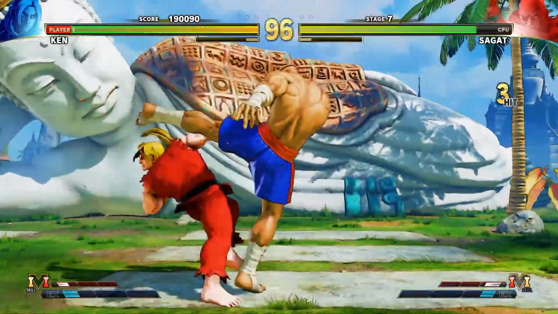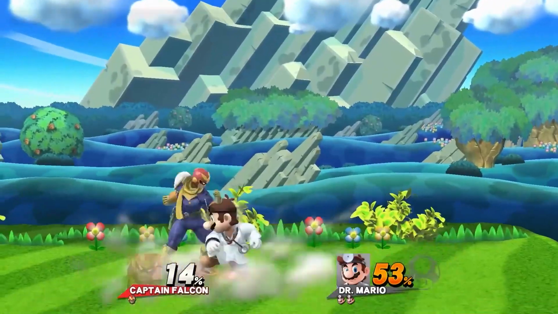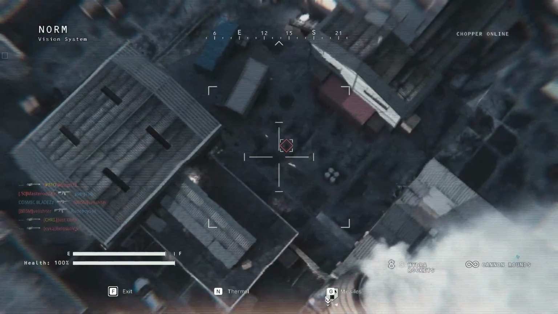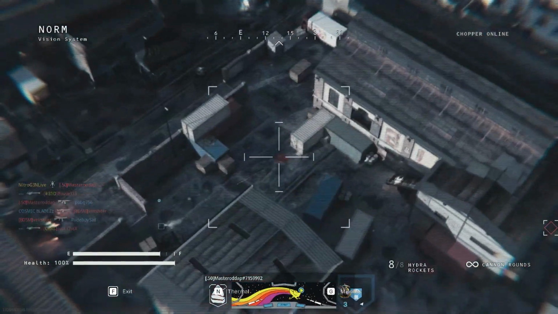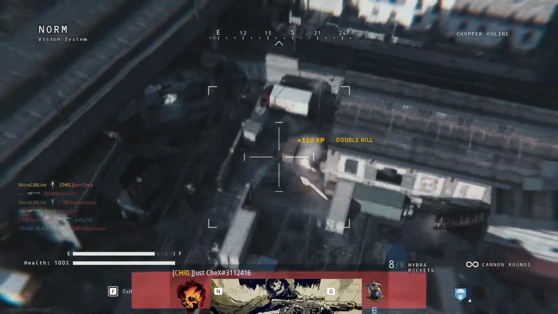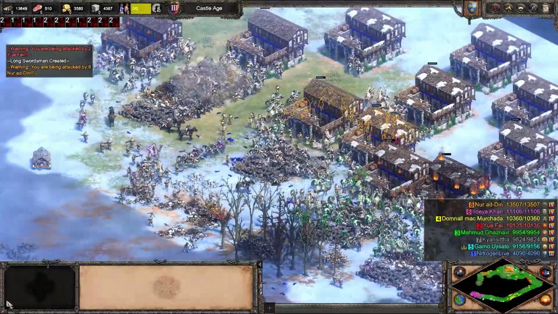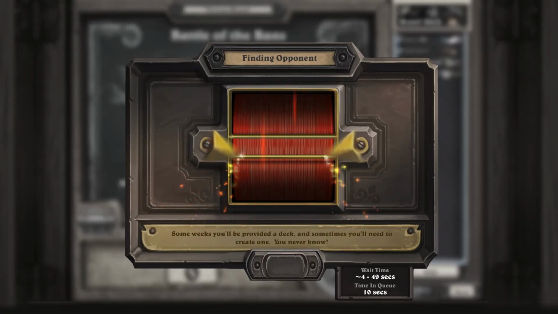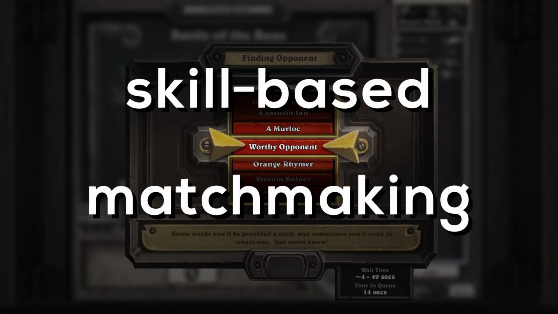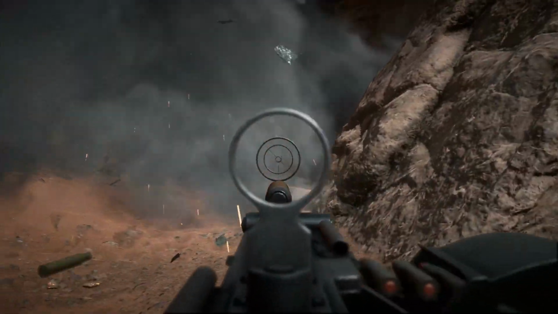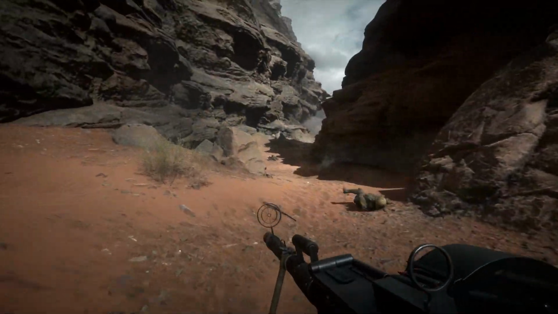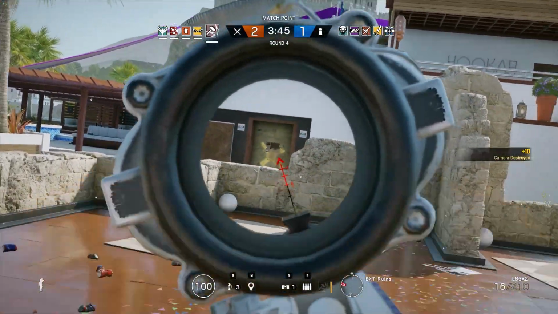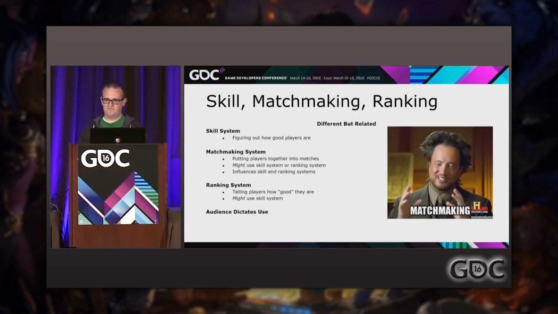Though if you don't like the idea of luck in your game, there's another way to reduce effort and to make the game fairer. If you're always put up against worse players, the game becomes boring and not worthwhile. And if everyone is better than you, then it will be frustrating. The solution? Engineer better skill-based matchmaking systems. By this I mean that players should be paired up with similar people in terms of skill. How to create a good matchmaking system is way over my head, so I left some links about that below this video.